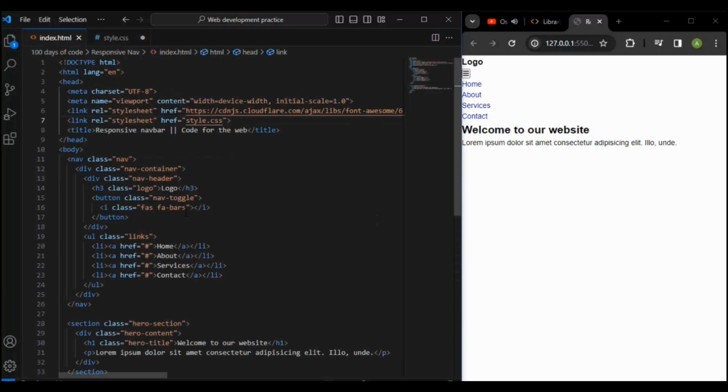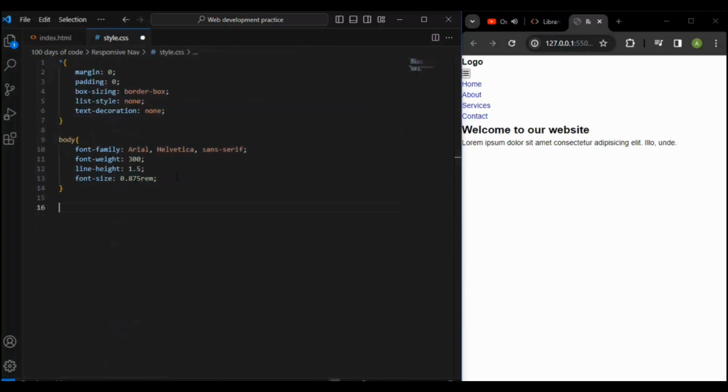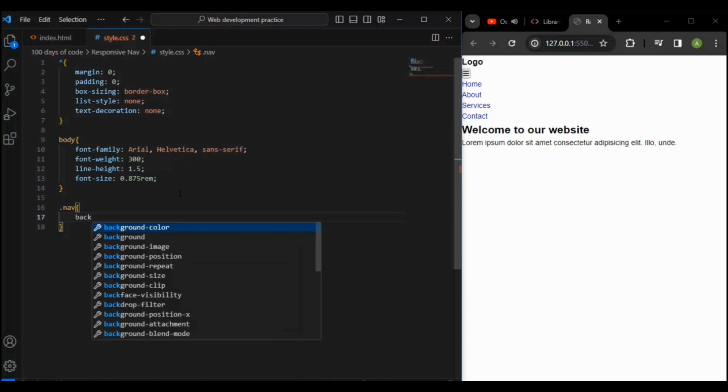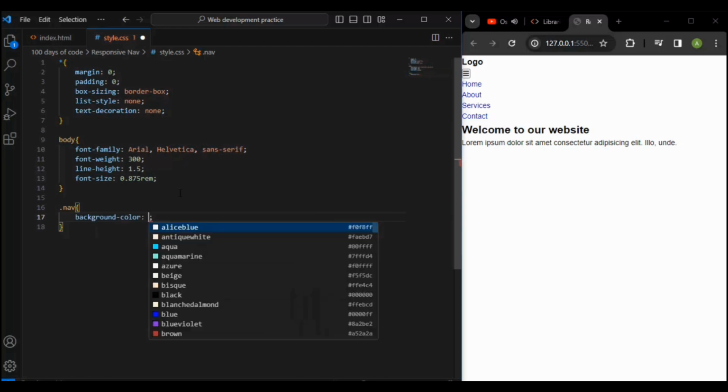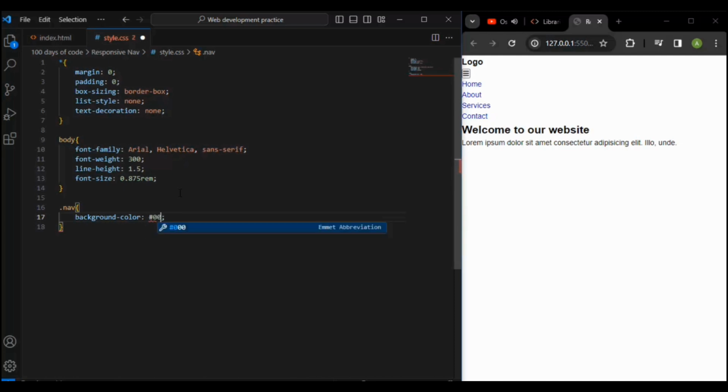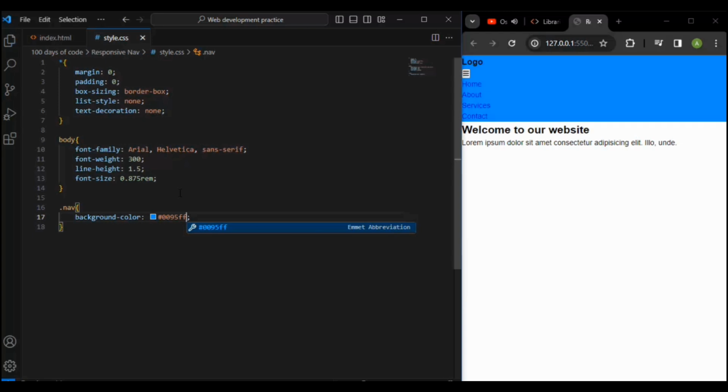Now we will go back to HTML. We will target the nav here, the class of nav. Its background color will be hash 0095ff. Okay, you can see,